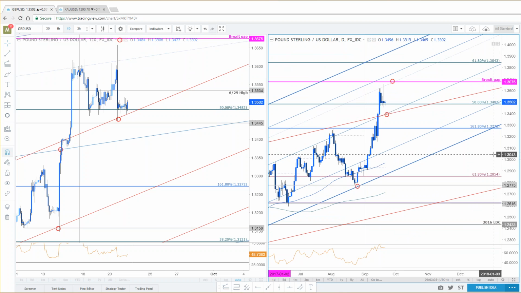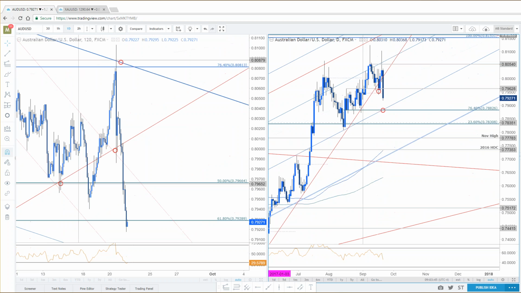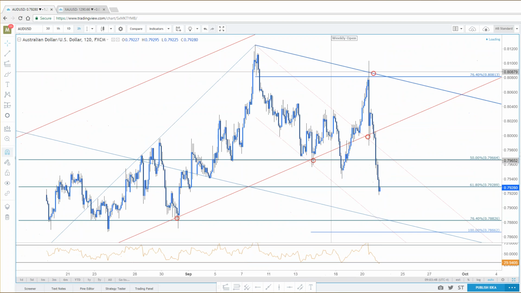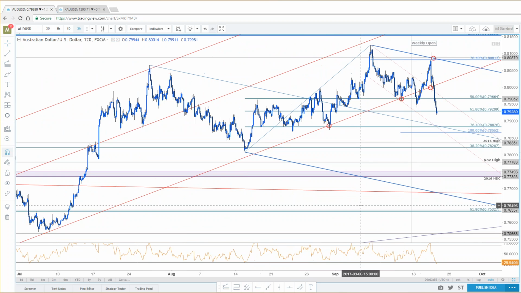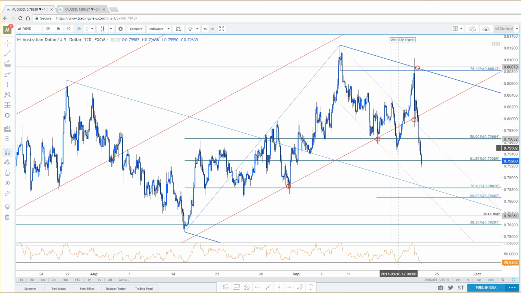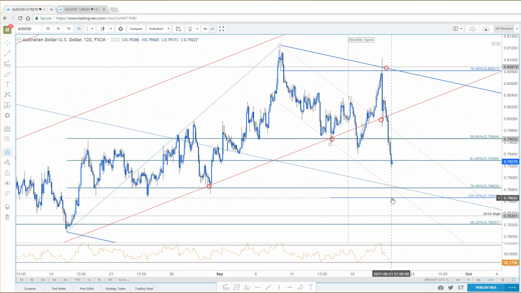Okay, that is British pound. Next up on tap, number 7 is Aussie dollar. And here's what Aussie looks like. Also had a decent play yesterday, continues to break down. From a formation standpoint, not the cleanest with that thing that we did earlier in the week. And then this was a break of the weekly opening range high. And then this was a reversal break and a push below the weekly opening range low. So this thing's been all over the place.